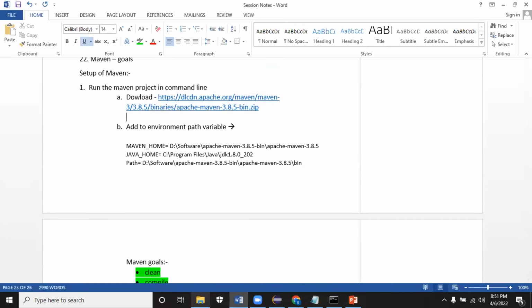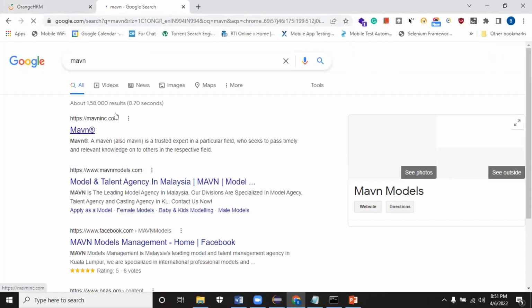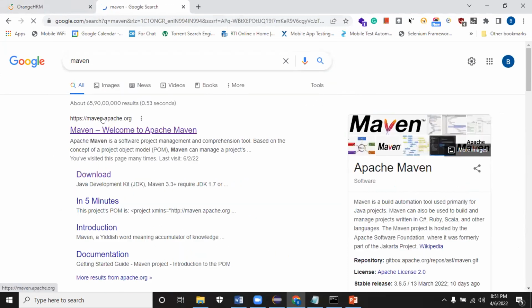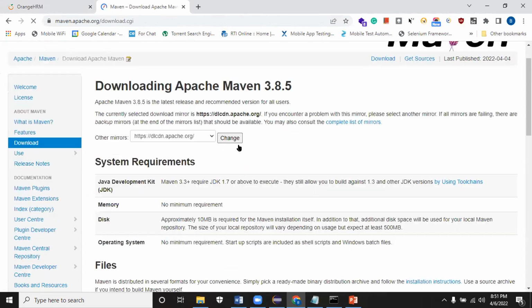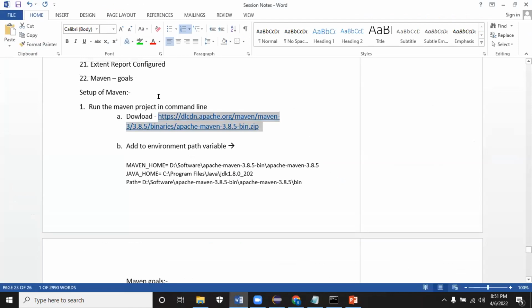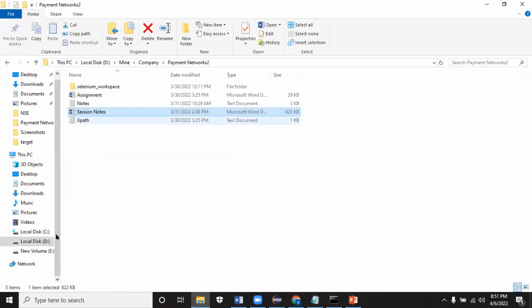So listen. What you need to do is first download it. You can put this in downloads. I already pinged you a link. So that is the Maven download you need to do. Just search for Maven. You will get the Maven official site, maven.apache.org. Under that, downloads will be there. In downloads, we are downloading this file, the binary zip. After downloading it, you will get a zip folder like this.